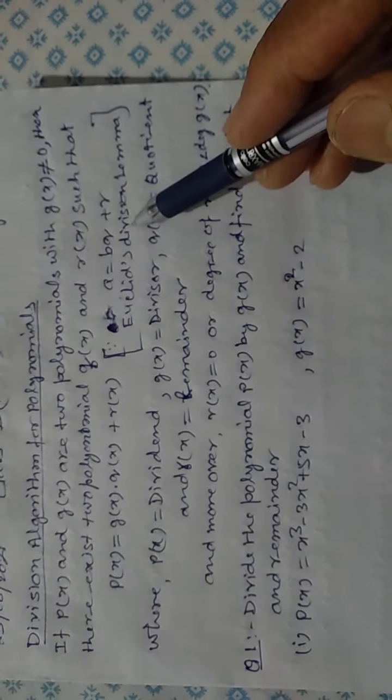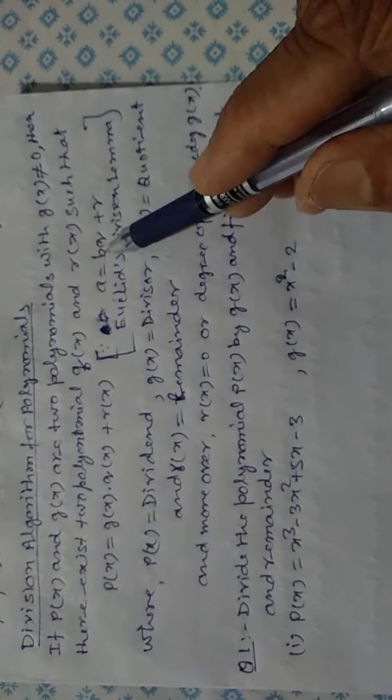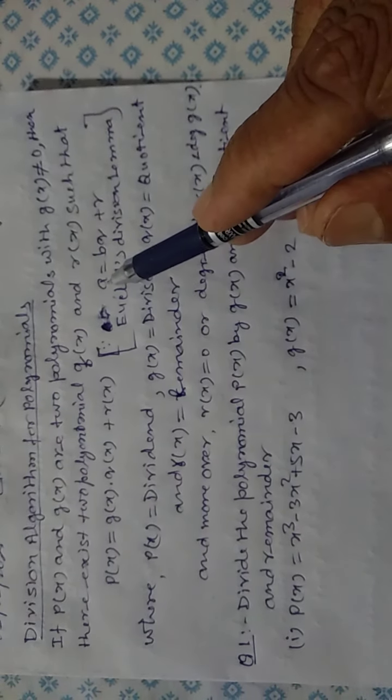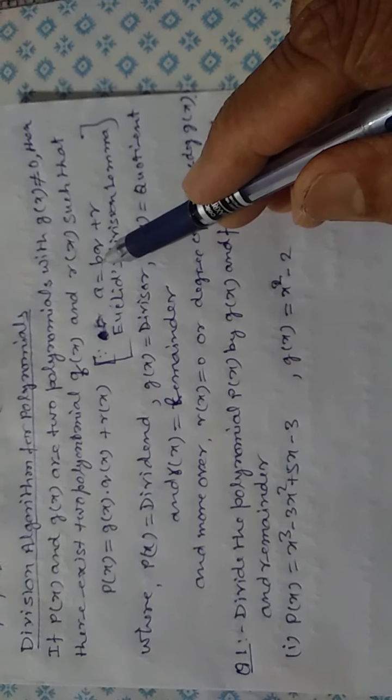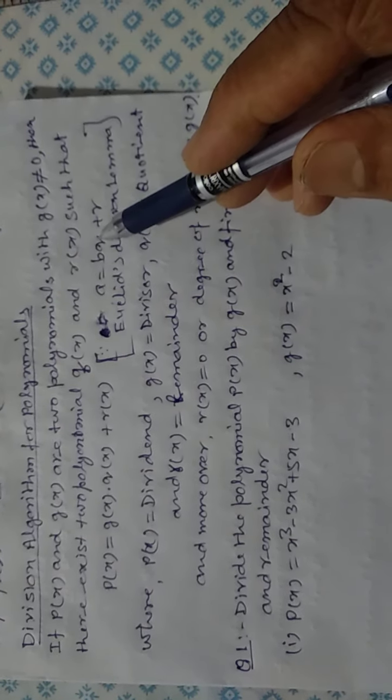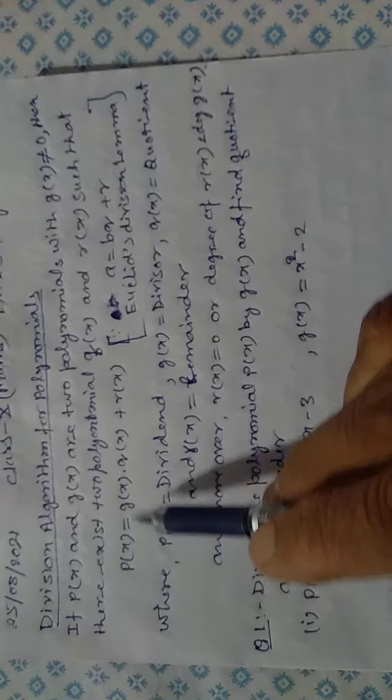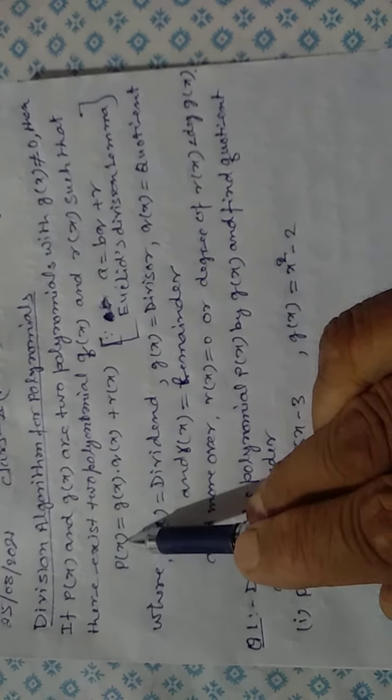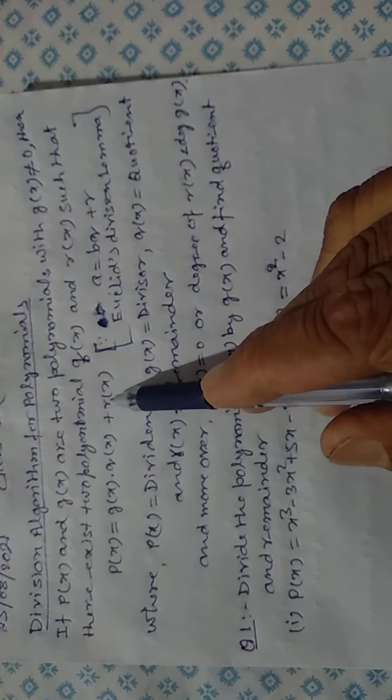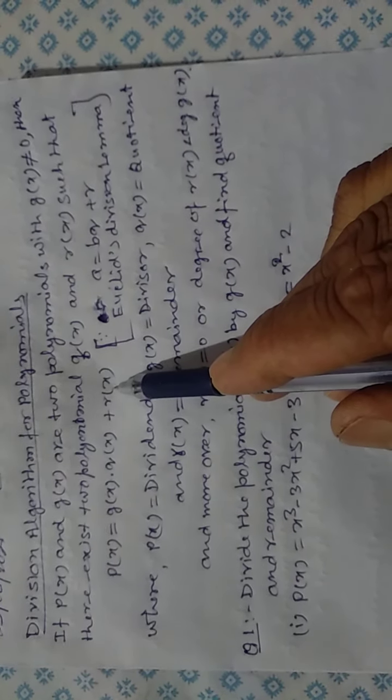As you have seen the Euclid division lemma, a equals bq plus r. That means a and b are two integers. If a is divided by b, then there exist two unique integers q and r which satisfy this relation a equals bq plus r. Similarly, when p(x) is divided by g(x), you can express it as p(x) equals g(x) into q(x) plus r(x), where q(x) is the quotient, r(x) is the remainder,